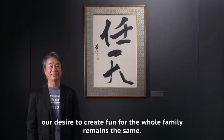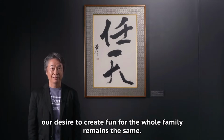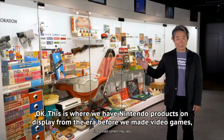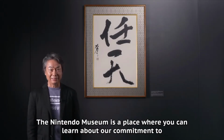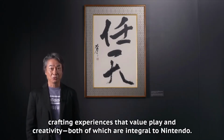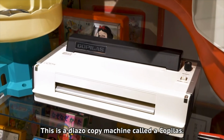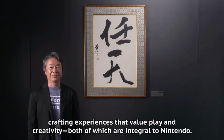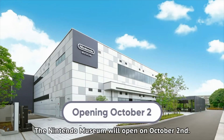a museum dedicated to Nintendo history as a whole, that's not just the games. Now other people besides Nintendo fans can know about the history of Nintendo, like the cards, the toys, the games, even acknowledging their old ones, like the Disney toys. So anyways, overall, I think that's pretty neat,